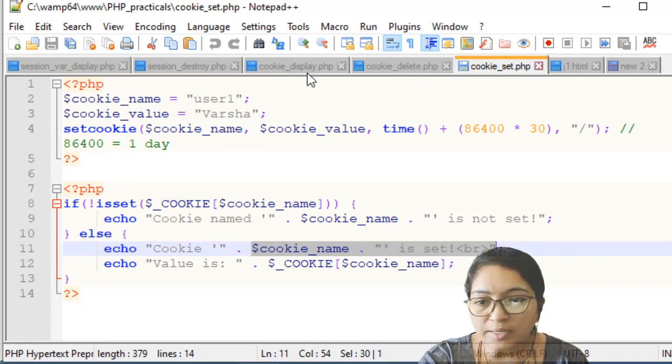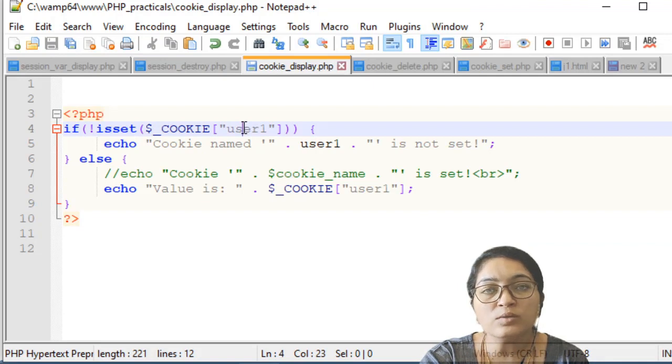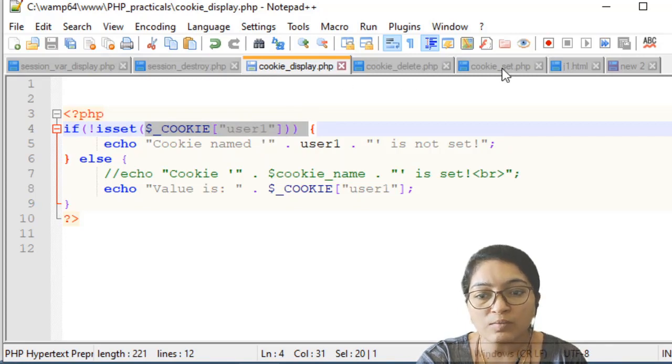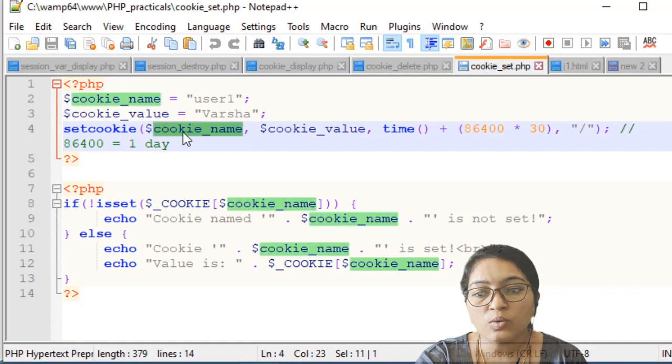Now let's display the cookie. Here we are displaying the cookie in the same web page. Okay, or you can display the cookie in a different web page also. So here again you have to check if isset($_COOKIE['user1']). Here you have to write user1 because now it is a global variable that you can access anywhere in the web page. The username that we have set over here, you can see user1 is our cookie name.